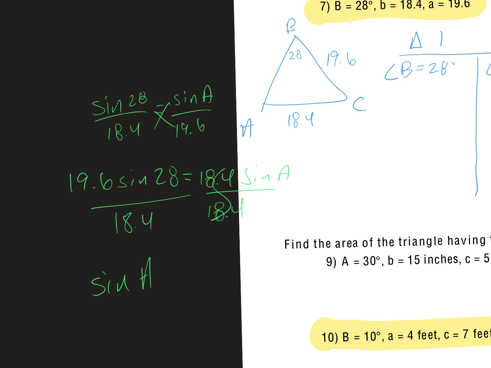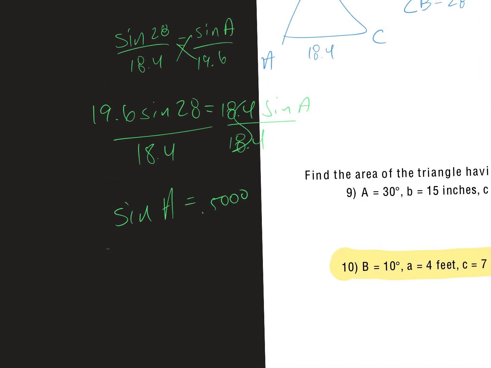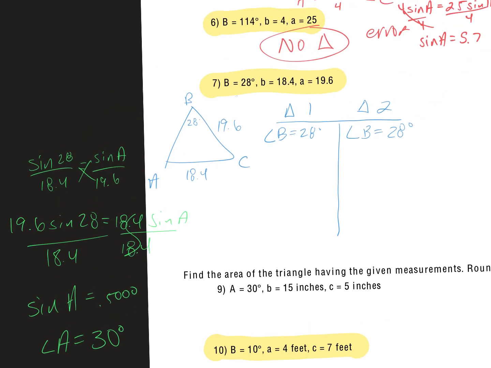What do you guys get? 0.50000. That's okay. Don't worry about it. Just hit second sine, second answer, and you get 30.000. So you found out that angle A is about 30 degrees. We'll round everything today for degrees to the nearest degree, but on your quiz, it'll tell you. So you found out that angle A in triangle 1